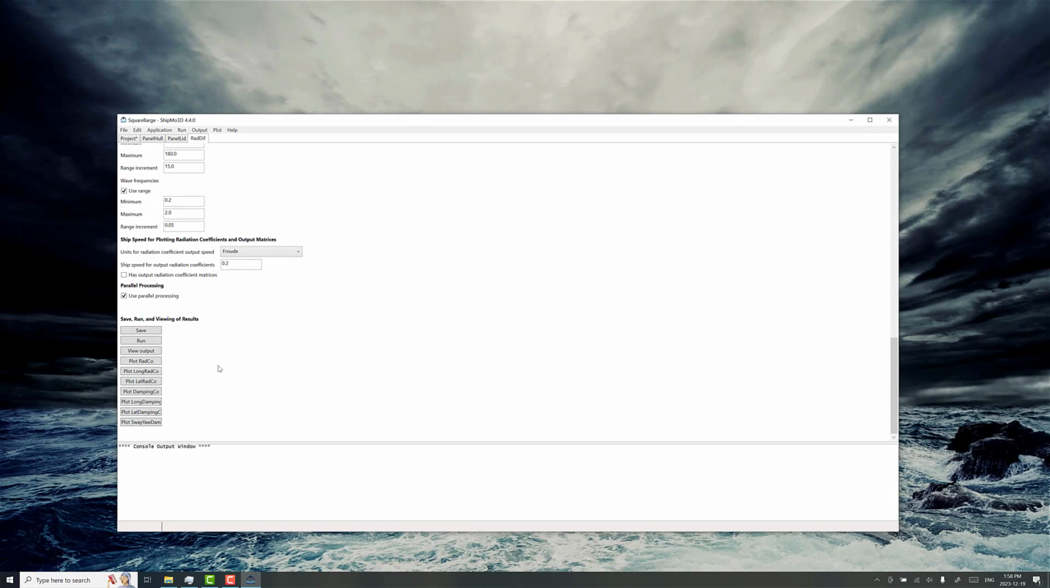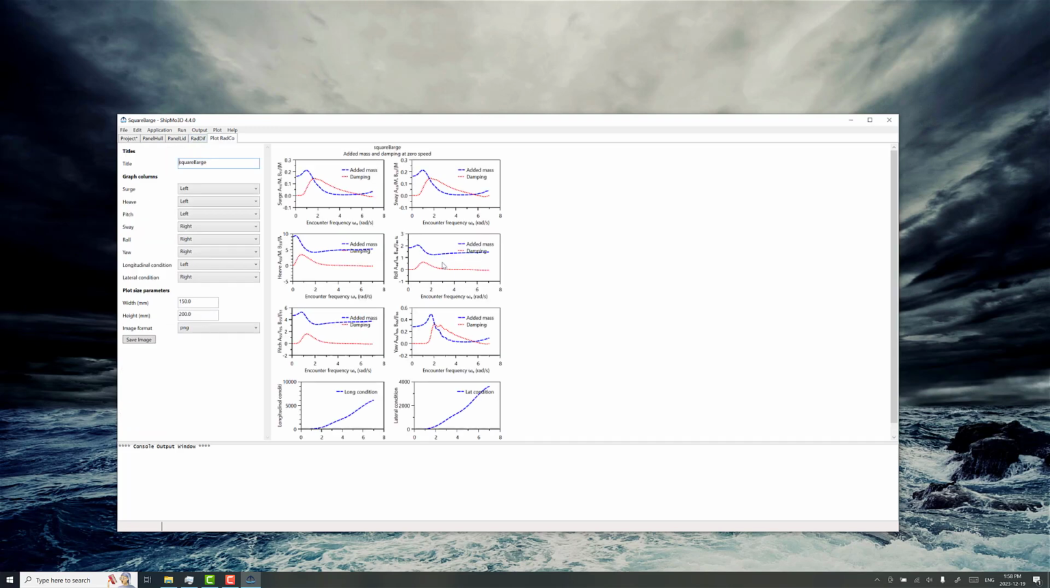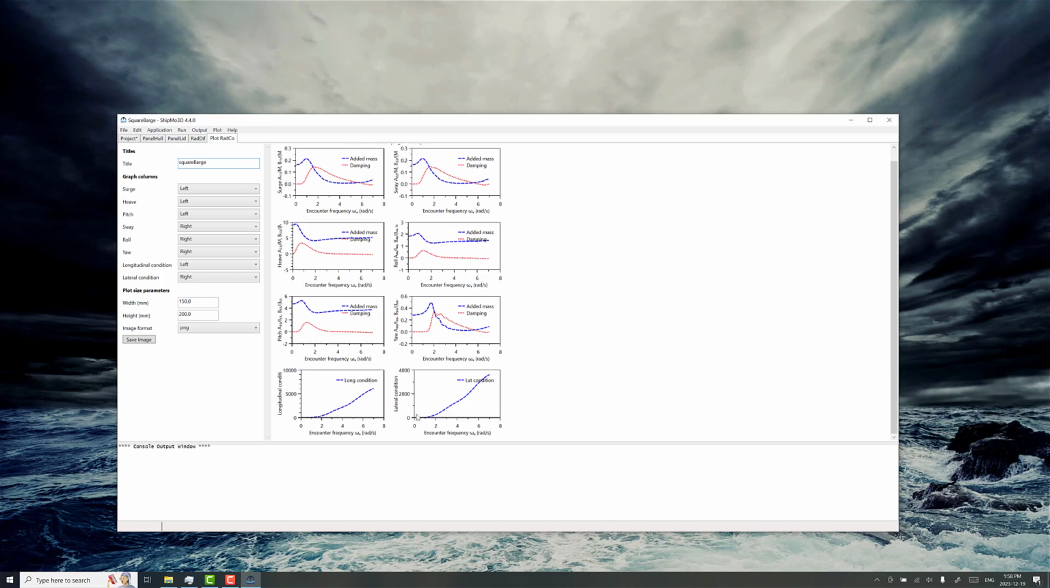Okay, some time has passed, and now we want to check out the results of the calculation. So if we look at plot radco, what we can see here is an encounter frequency variation of the wave radiation parameters, the added mass and damping values. These are for surge motion, sway motion, heave, roll, pitch, and yaw. These last two, longitudinal and lateral condition numbers, are purely numerical conditioning numbers, and very generally these are excellent, very low values, on the order of 10,000,